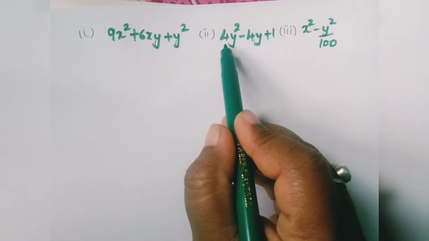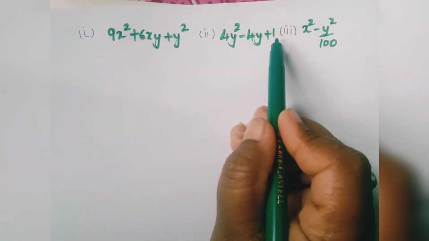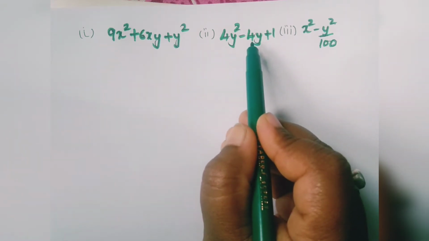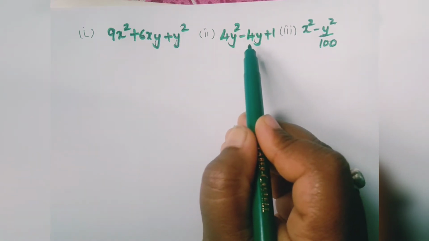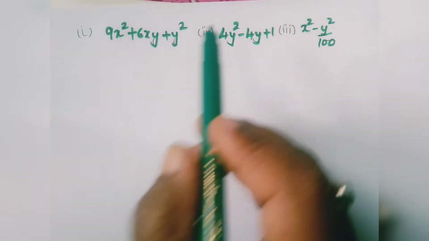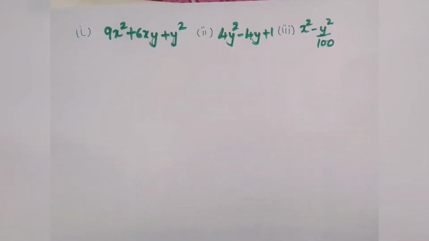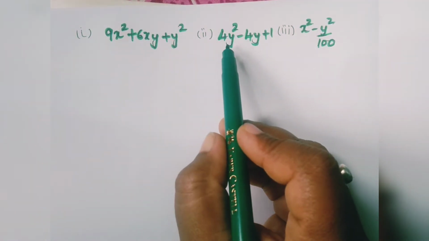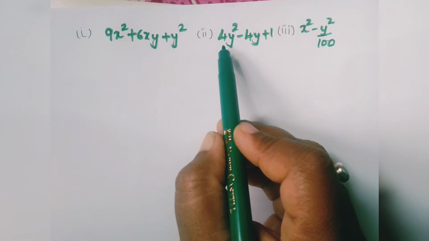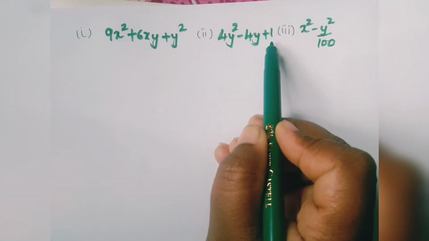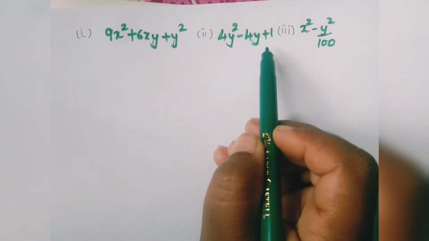Now moving on to the second question. First term and the last term, but all three are not with a plus sign. The middle term is with a minus sign. So in such a case you can apply a minus b whole square, because the middle term has a negative sign. Now we will check the next step whether it is a perfect square. 4, is it a perfect square? Yes, 4 is a perfect square. And here 1, 1 square is 1. Again here also you have a perfect square.